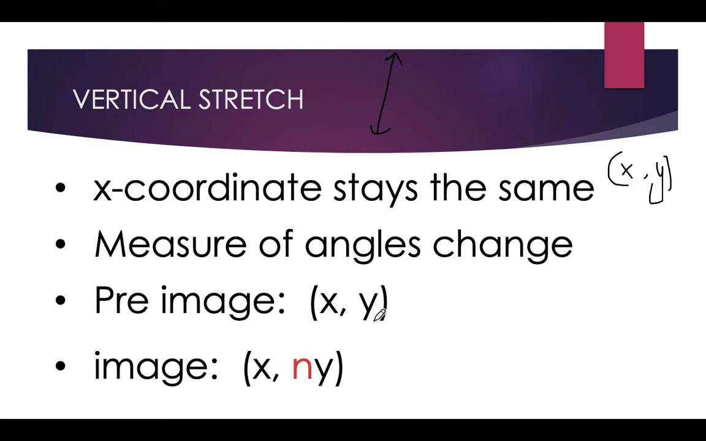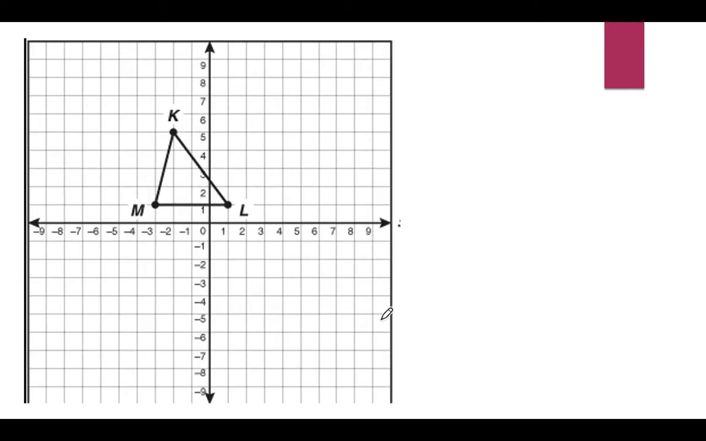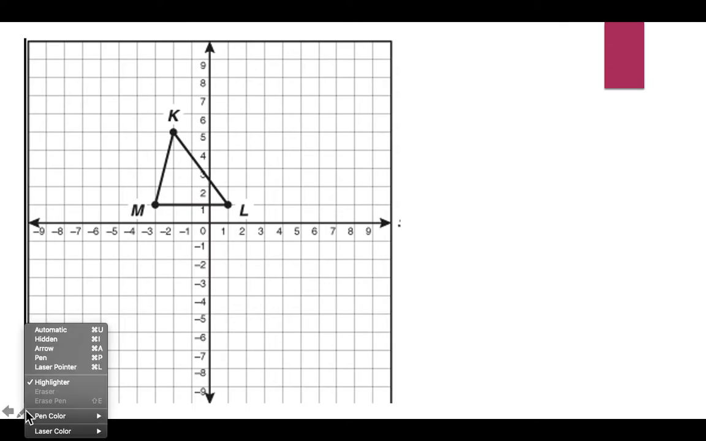Let's say I give you a pre-image, let's say I give you two points. To find the image, or to transform it, all you have to do is multiply your y value by your scale factor. Let's go ahead and do an example here. We're going to use the same graph for both your vertical and horizontal stretches. I have a triangle, and I want to do a vertical stretch. So again, when you think of vertical, I want you to think of